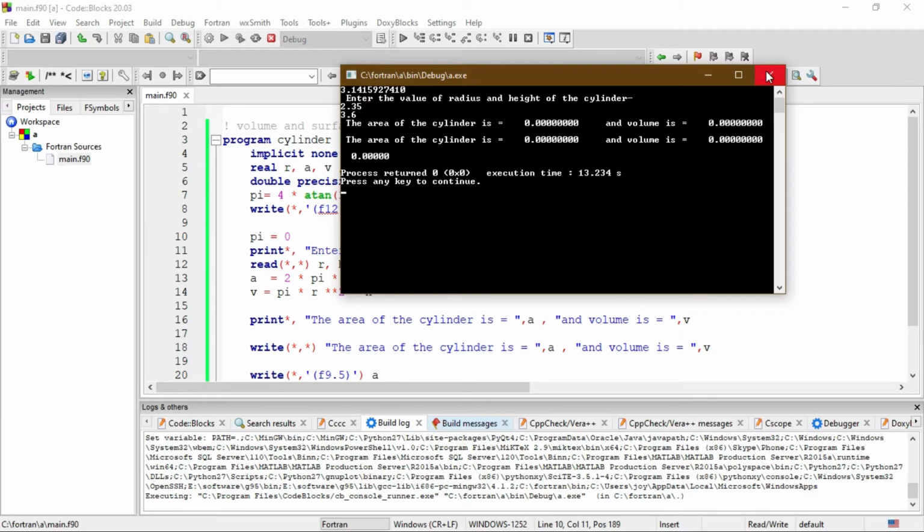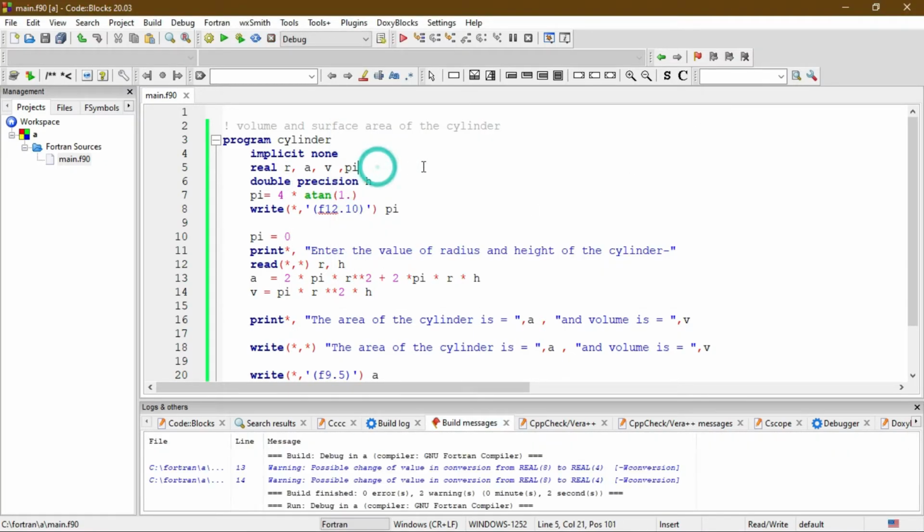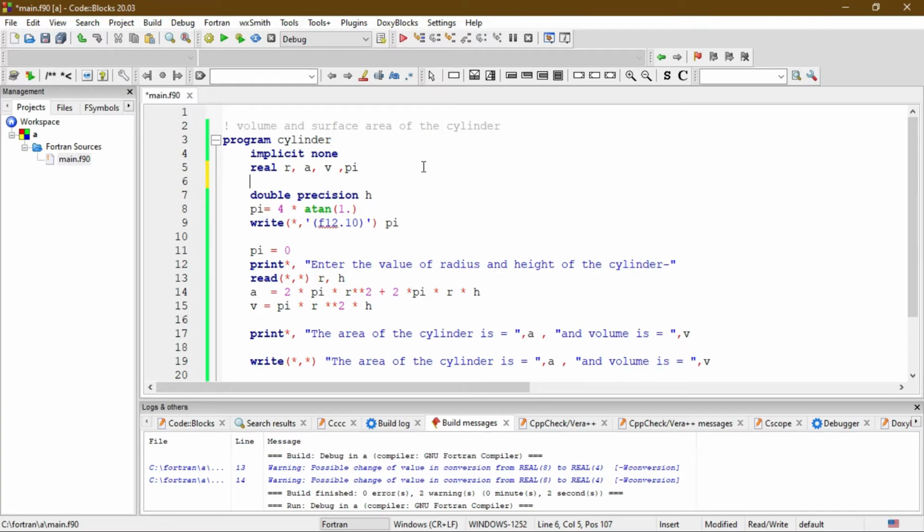3.1415 and so on. For this, we are going to use a new thing, real parameter. This is how you can define a parameter in Fortran. Now you have to put double colons.